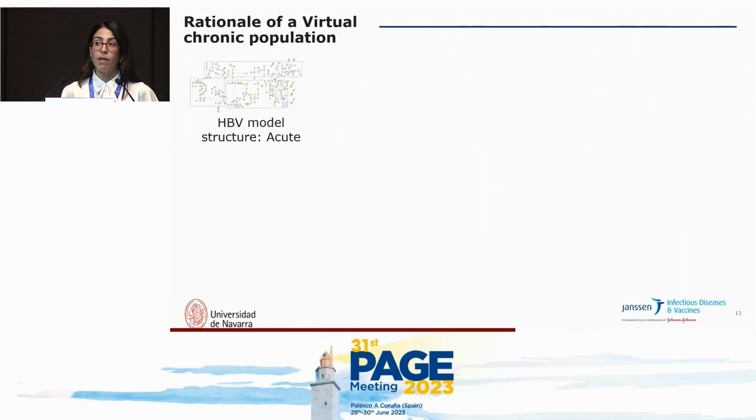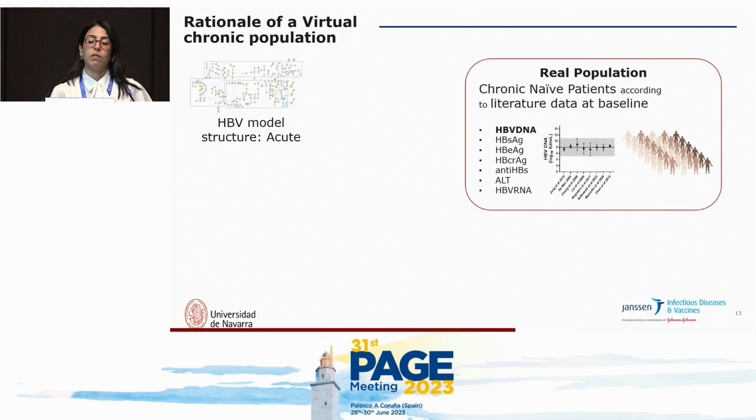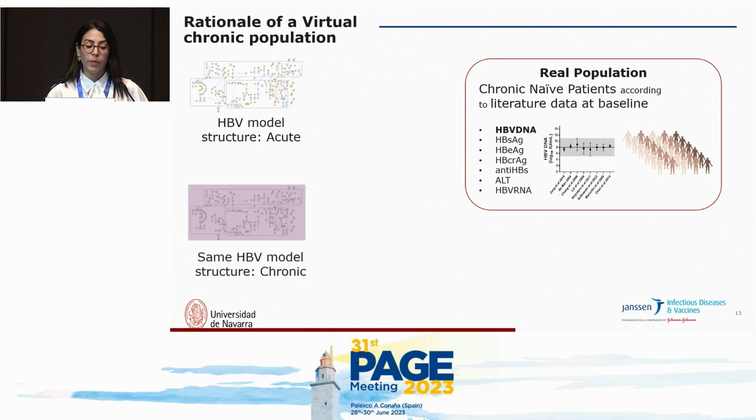So far, what we have is a model structure that is able to reproduce the acute infection, but we also know that chronic patients have certain characteristics, here represented by the levels of the patient's biomarkers, such as those in this list. But the first question that arises is, how will we transform the acute scenario into the chronic scenario? And we will do so with the same model structure, but assuming that the differences are given by model